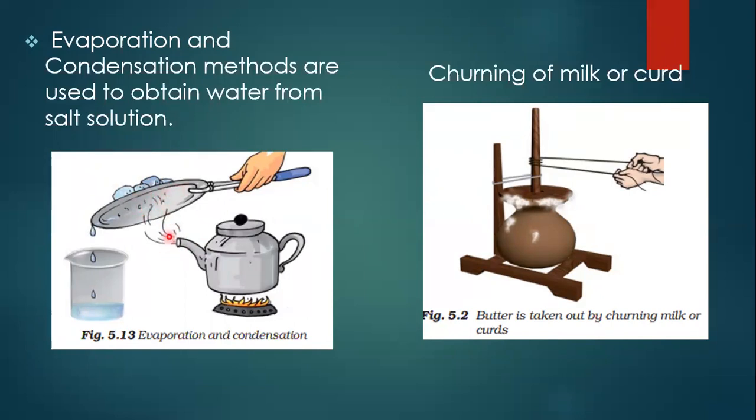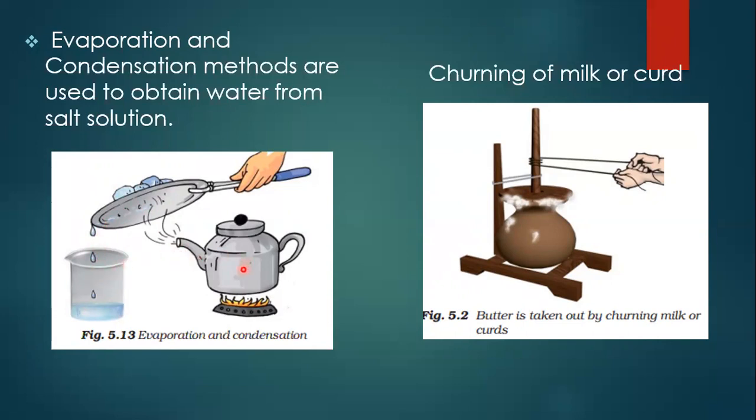And when the steam or the water vapor touches the cool surface of the metal plate, it will condense. Condense means it will get cooled down. And on condensation, the water vapor will change into water drops again. Water vapor from the gaseous state will again change into the liquid state and convert into water drops. Those water drops can be collected in the beaker kept here.